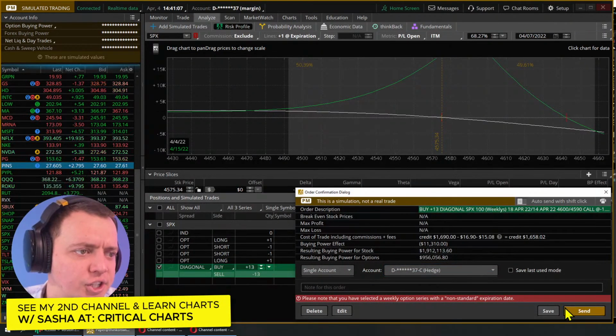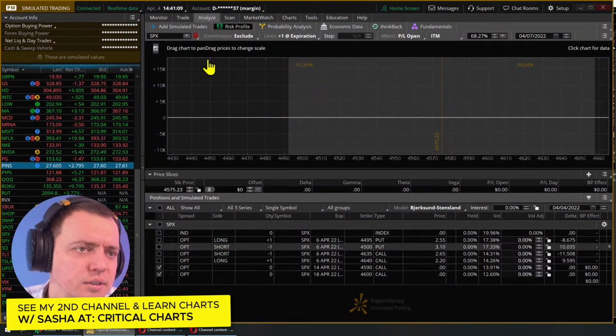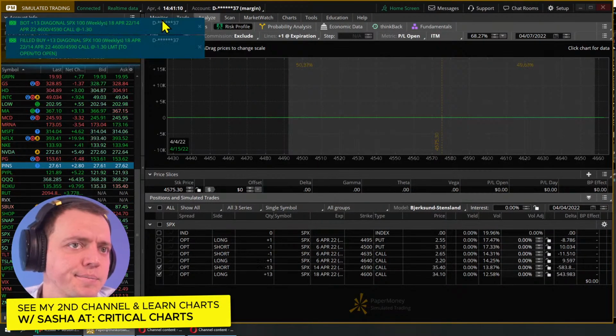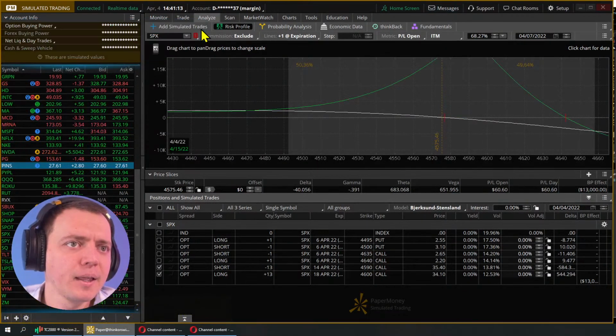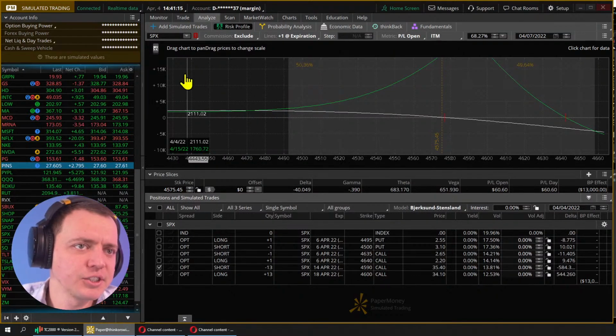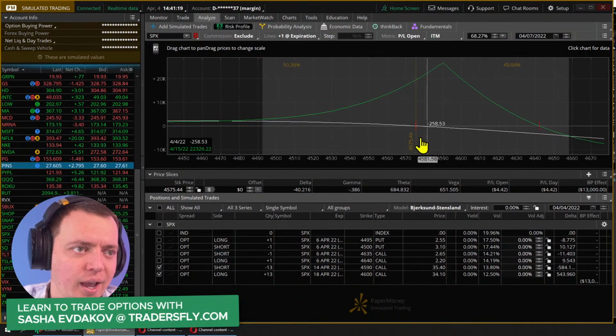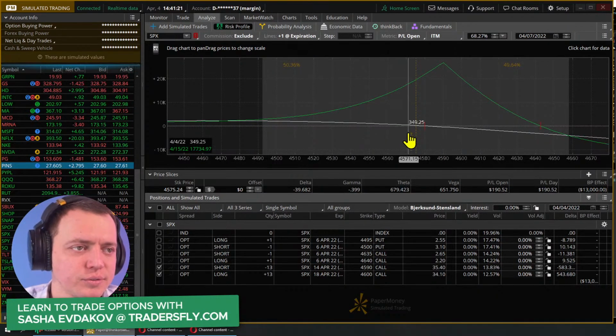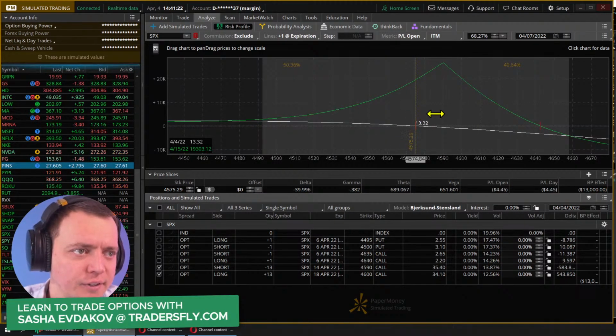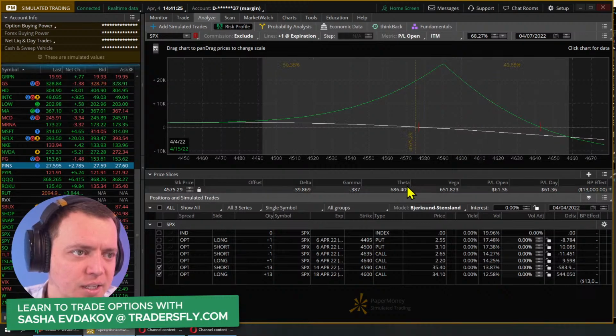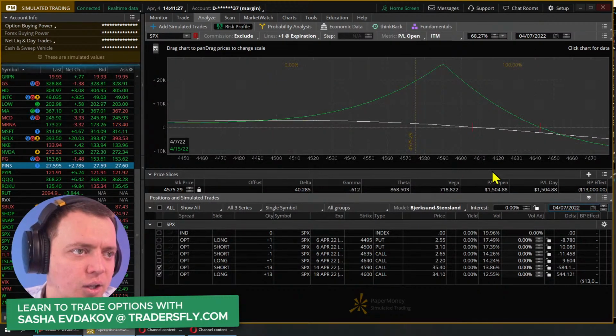I'll put it in the hedge area. And then there we go. And now we've got a little bit of a position there to hedge off a lot of the bullish risk that we have, so that if we get a 1 day nasty move, that'll help out. If it starts moving to the upside, that theta will help. And then you're just looking to break even on this.